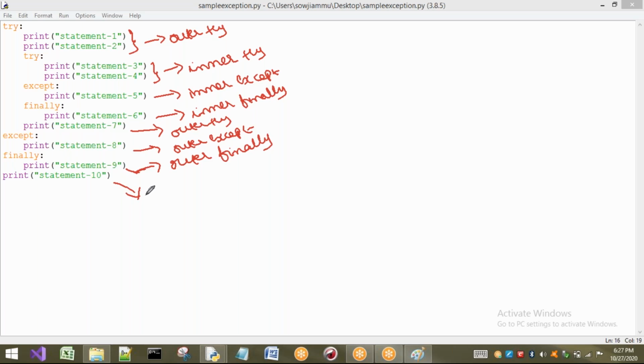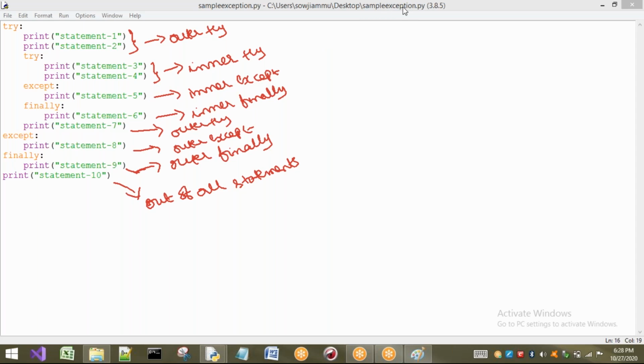It is belonging to main. It is separate, out of all the blocks. That means it is an external thing, not going to belong to any try, except, or finally. Okay, now this is the case. First we have to understand this one, and later I will go to all the different cases.